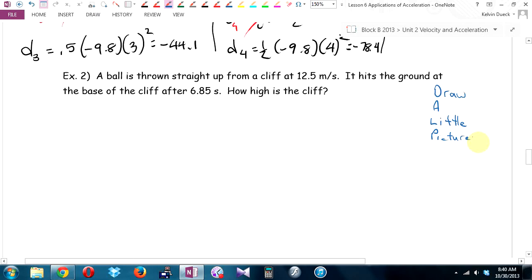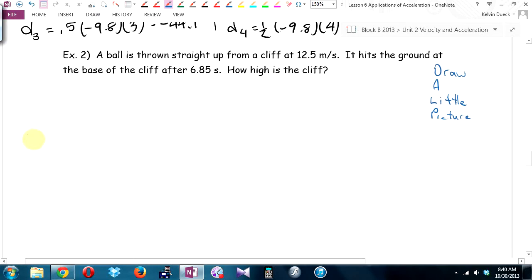Specifically, since this one is talking about a cliff, I think what we have is this. There's our cliff. What are they asking me to find? So I'm even going to go like this. D equals, I'll put a little question mark on the cliff. And it looks like we're standing right on the edge of the cliff, with our toes basically right over the cliff. And what we're going to be doing is launching something straight up